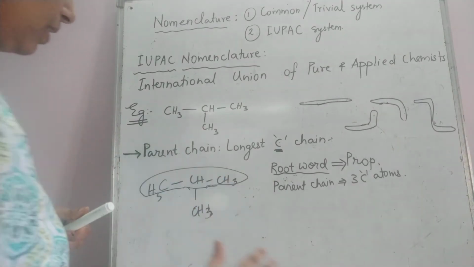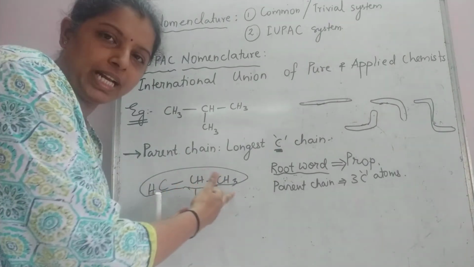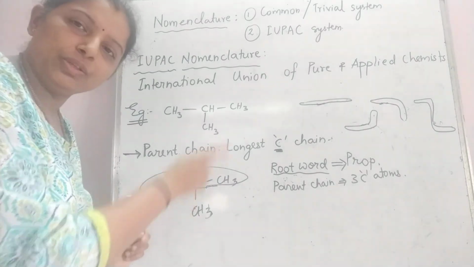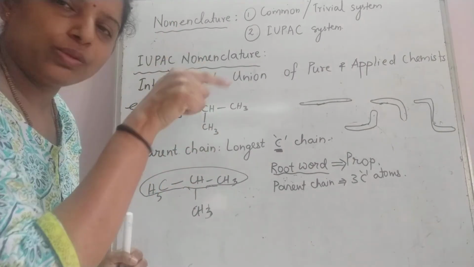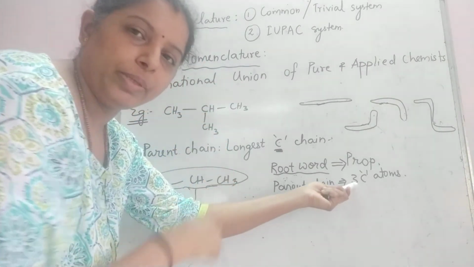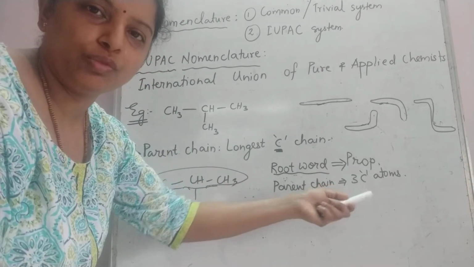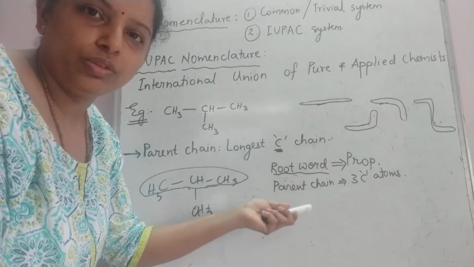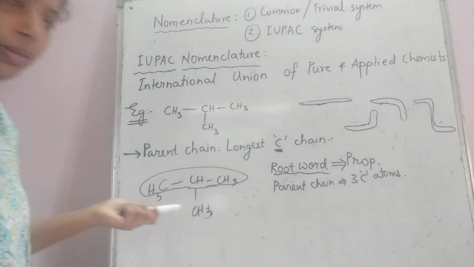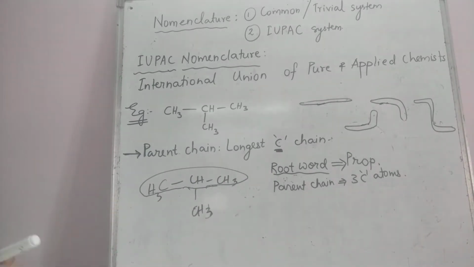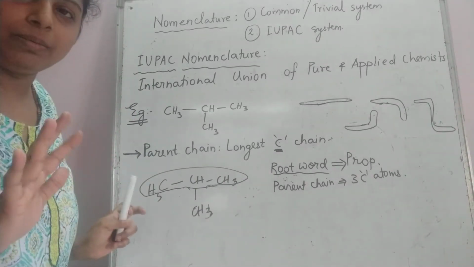So similarly here also, depending on the number of carbon atoms in the parent chain, you have to use that table only. N is equal to what here? 3. How many carbon atoms are there? 3 carbon atoms. So what will be the root word? The root word will be pro. Is it okay? So one part of the IUPAC name is done.